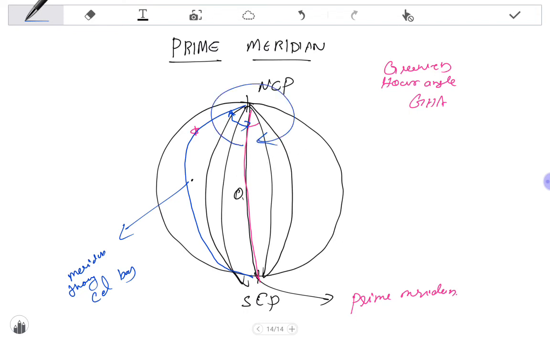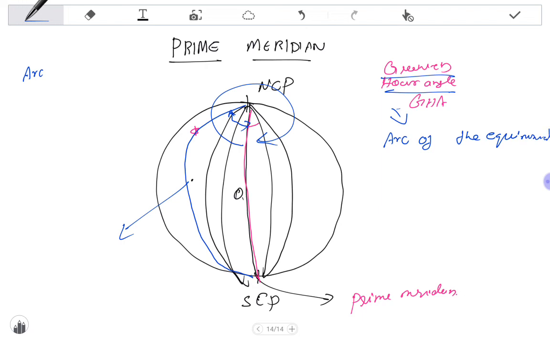That angle is called GHA, or Greenwich hour angle. So it can be defined as: Greenwich hour angle is the arc of the